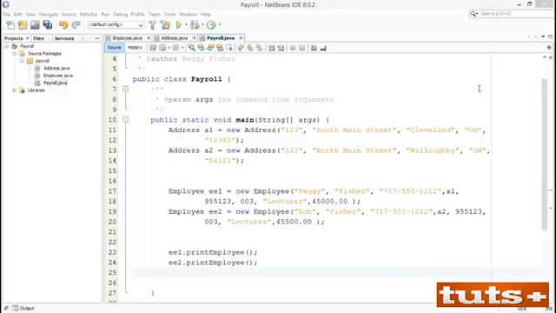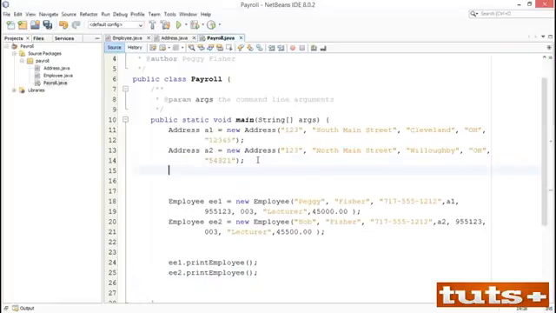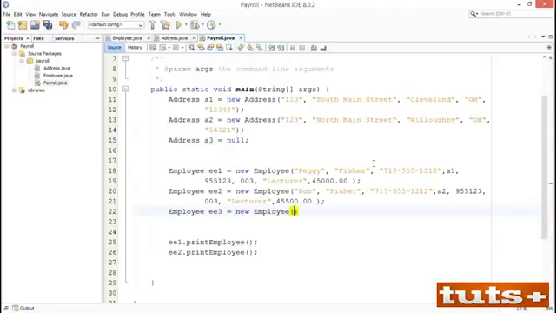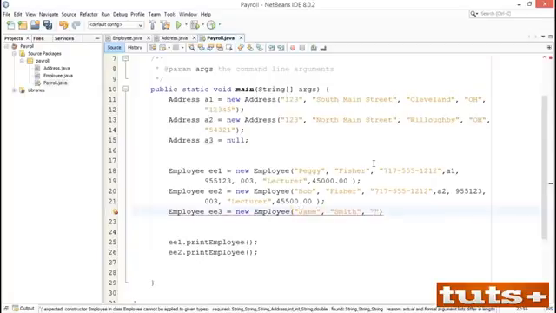Let's see what this looks like. Let's say we add the address object for the third employee, but we're not sure what it is yet, so we just set it equal to null for now, figuring we'll come back and fix it later. Okay, now we're going to go ahead and create the third employee. So I do employee EE3 is equal to a new employee, and this new employee is Jane Smith. And this is her phone number,